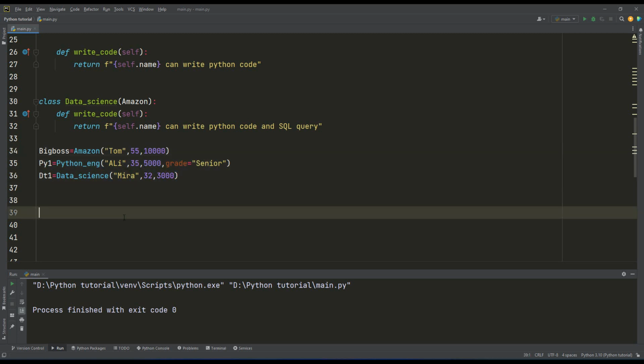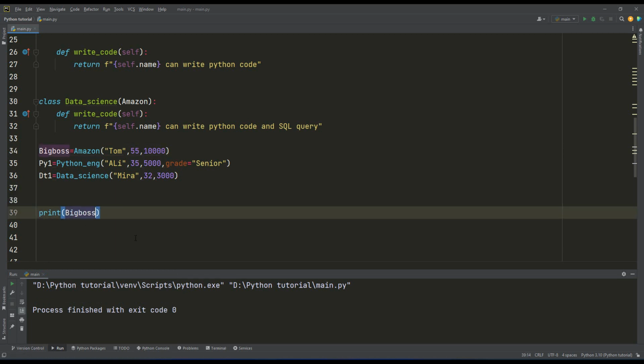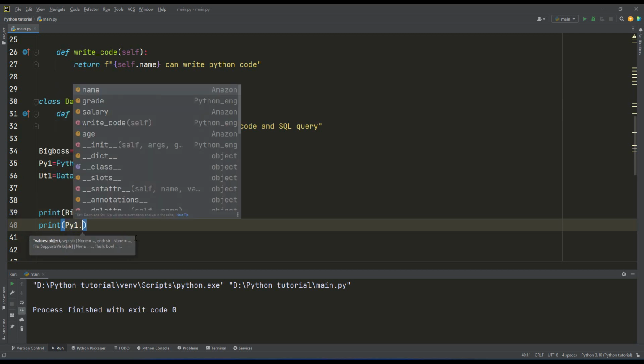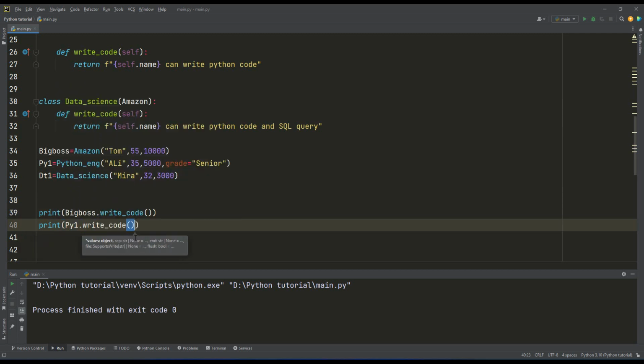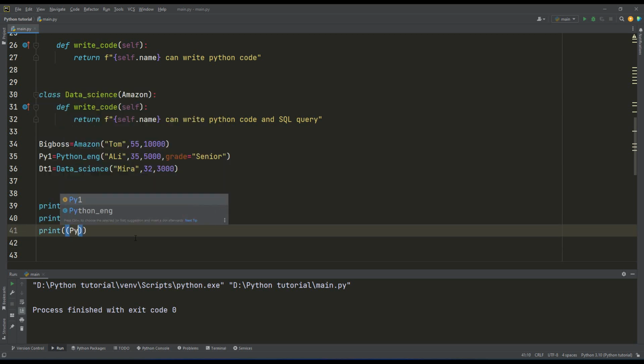So far, I did not describe anything about the abstract class. Now we will bring also from each instance. I want to print the write code, and I want to print here from py1 print write code, and I will print py2